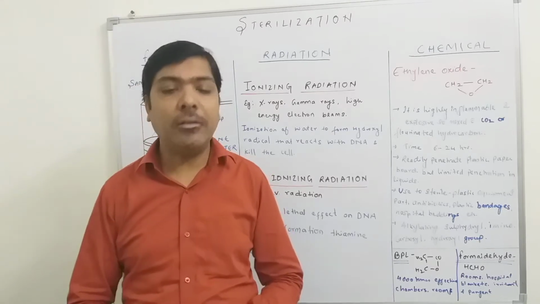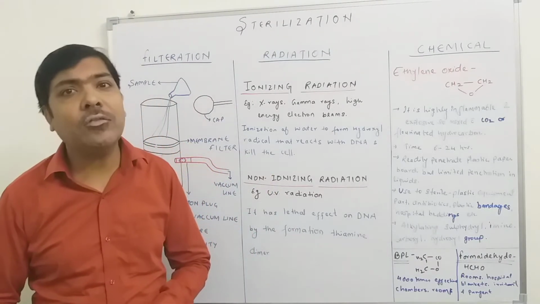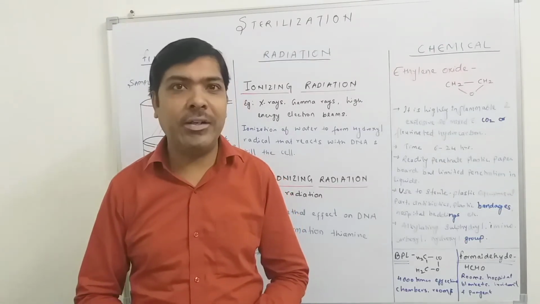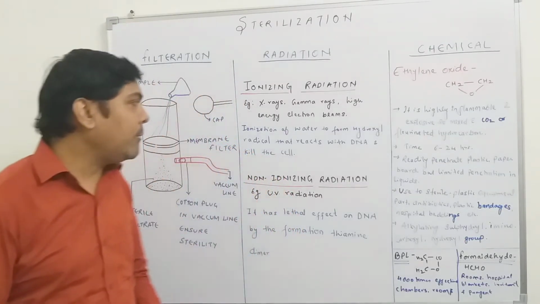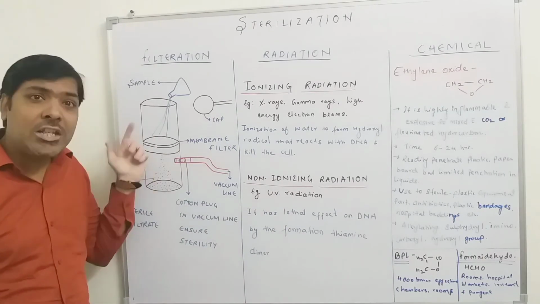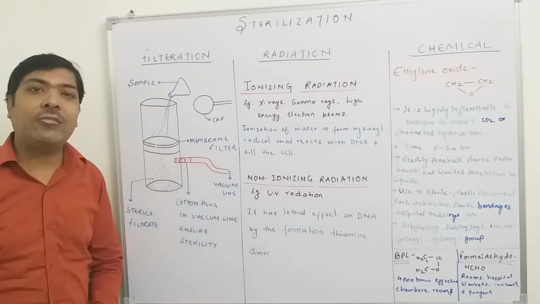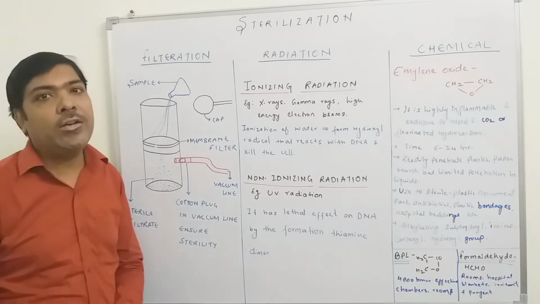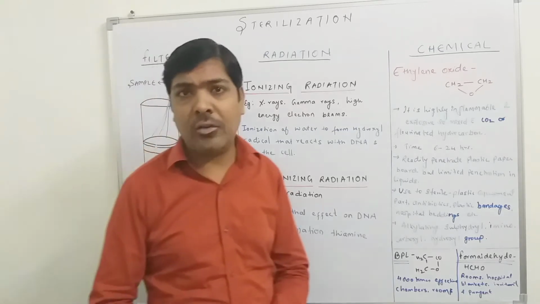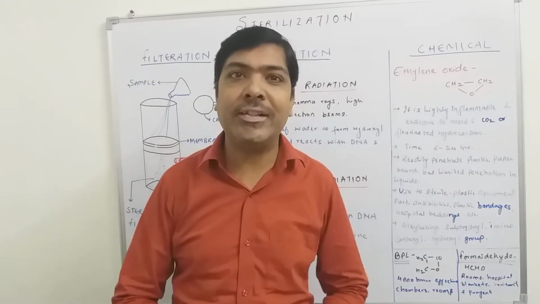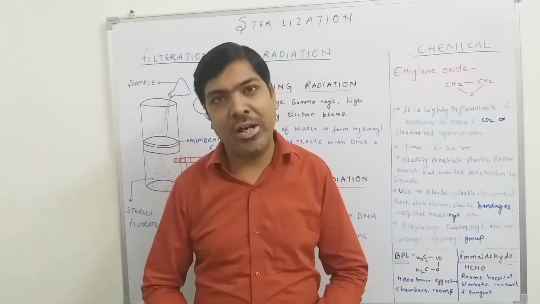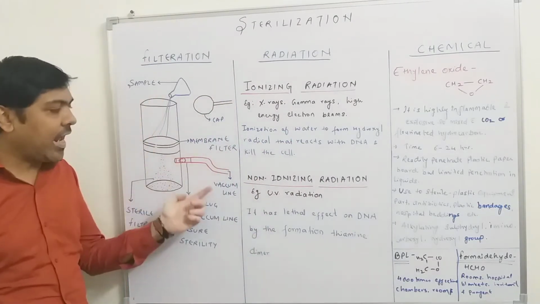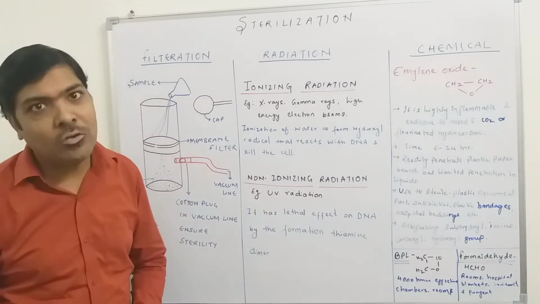As we know, the size of bacteria generally ranges from 0.75 to 4 micrometers in diameter. So the membrane filters that we arrange between these two compartments will definitely have a smaller pore size. Generally 0.45 microns and 0.22 microns membrane filters are used for sterilization purposes. Compartment number 2 is also attached to the vacuum line.